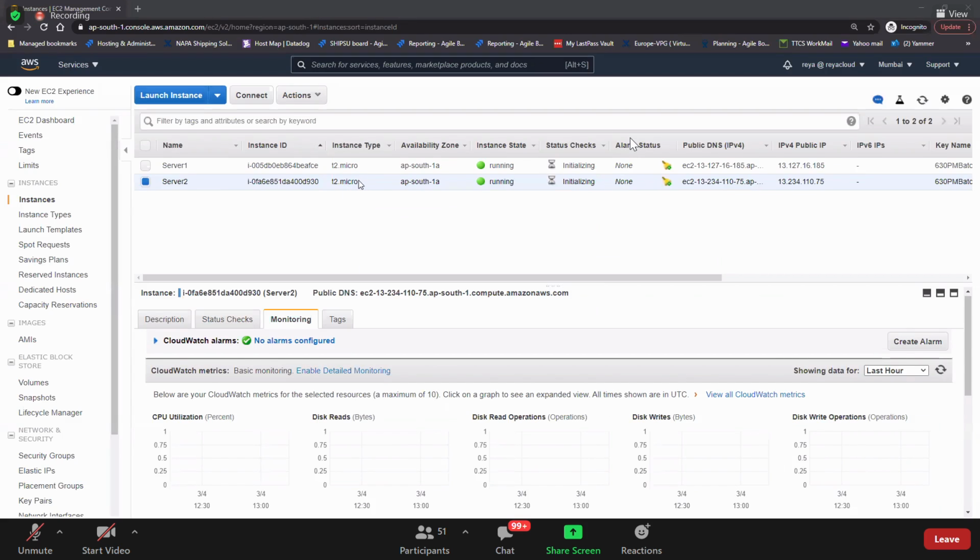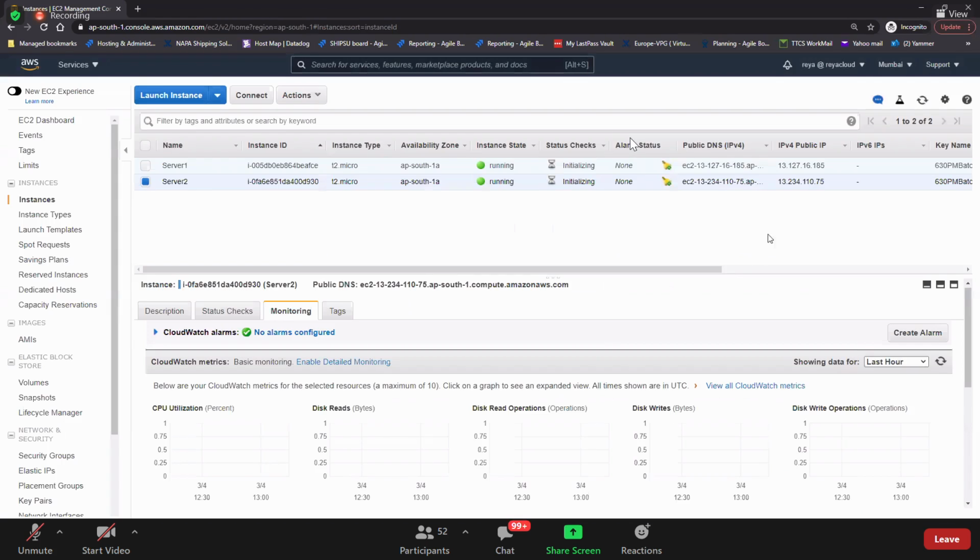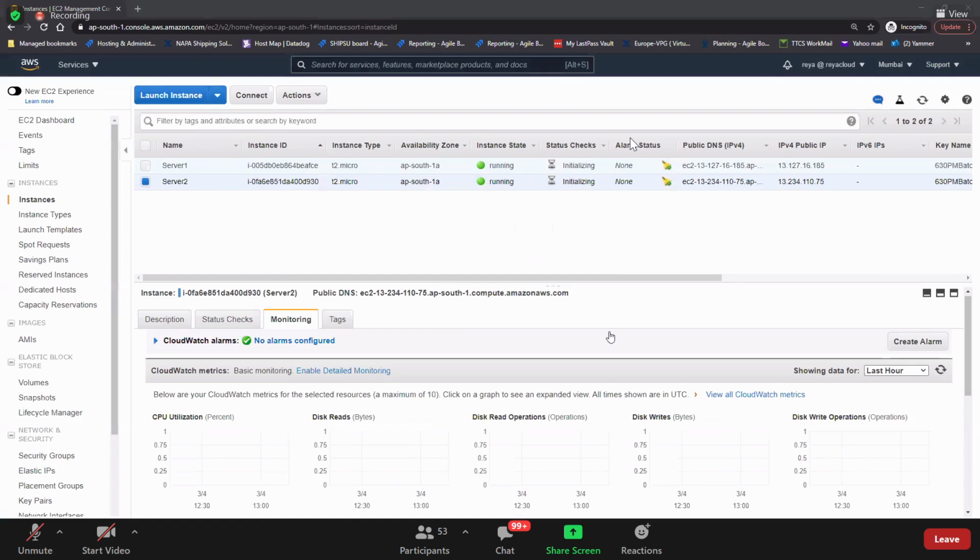Let's say you are using a 4x large, big machine, and you're paying a lot of money there. Your manager says, hey, please check whether this T2 4x large is necessary for that server 2. If you come to monitoring and see the CPU utilization, it is not even 5% for the last 2 weeks. Do you need T2 4x large for that? Definitely no. By seeing these monitorings by CPU utilization, you can easily find out that it is not performing up to the mark. So you can just go and scale down the EC2 instance to T2 medium or large instead of having 4x large.